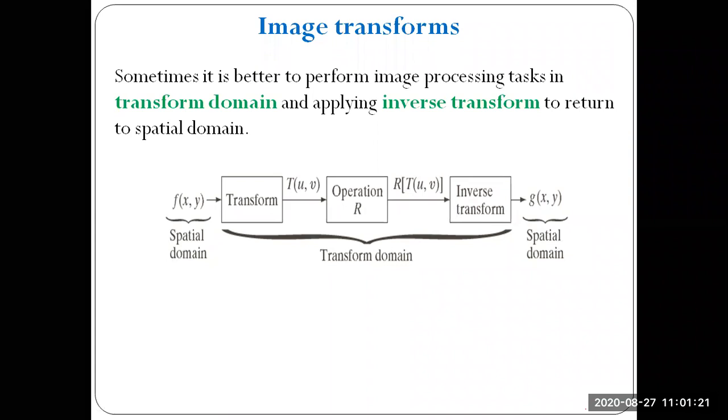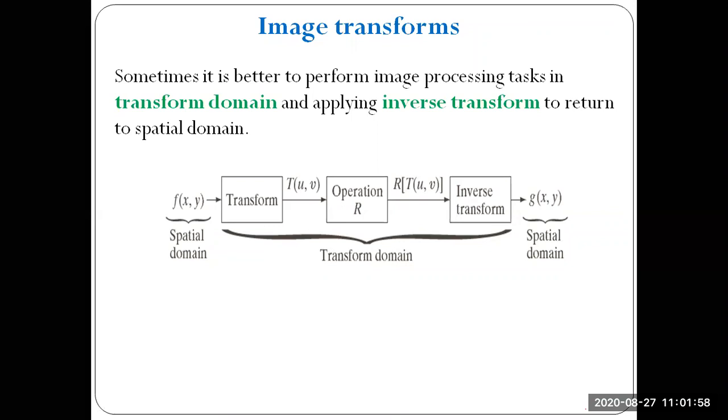Most probably we call it the spatial domain. What is the reason? We are dealing with space, not time. In a one dimensional signal we deal with time, but in an image we call it the spatial domain. In the middle there is the transform domain, called the frequency domain. In the frequency domain we perform operations in the middle. This R indicates arithmetic, logic, set operations, spatial operations, whatever it is. All operations happen in between.